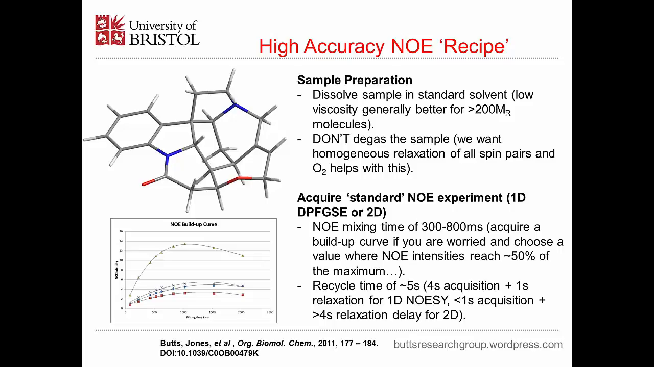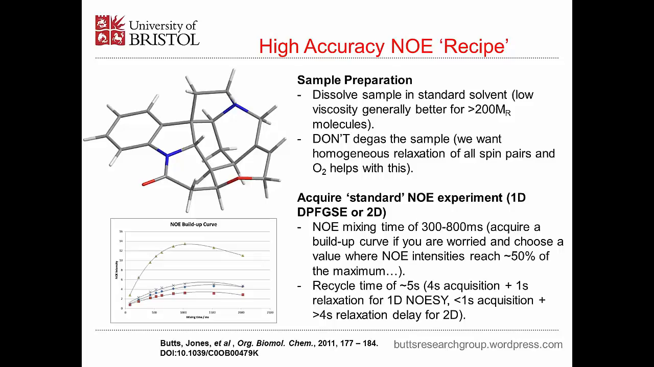In terms of acquiring the data, we just use standard NOE experiments straight out of the box. We use 1D double pulse field gradient spin echo NOESYs or simple 2D transient NOESYs. We use mixing times around about, and this is all ballpark figures, 300 to 800 milliseconds. If you worry about these things, and I'll show you why you don't really need to in a moment, but